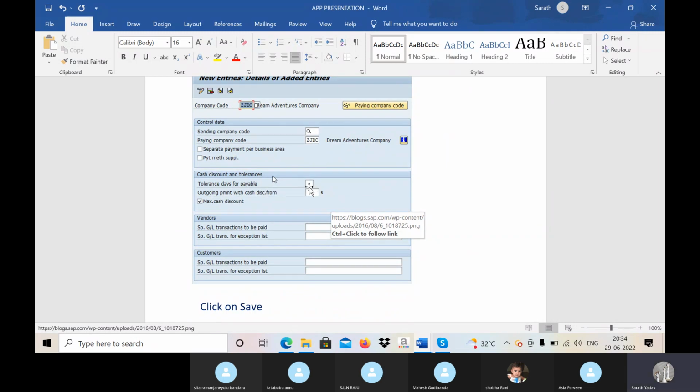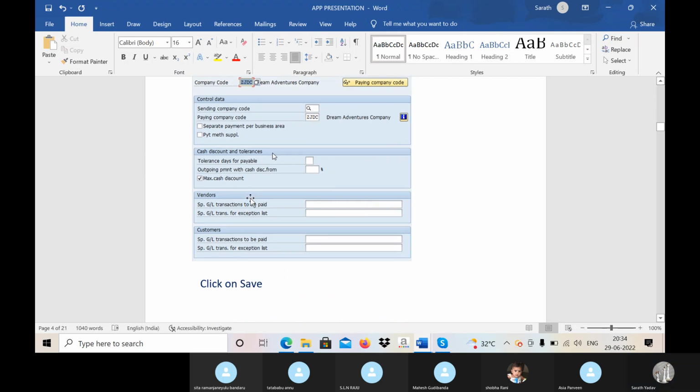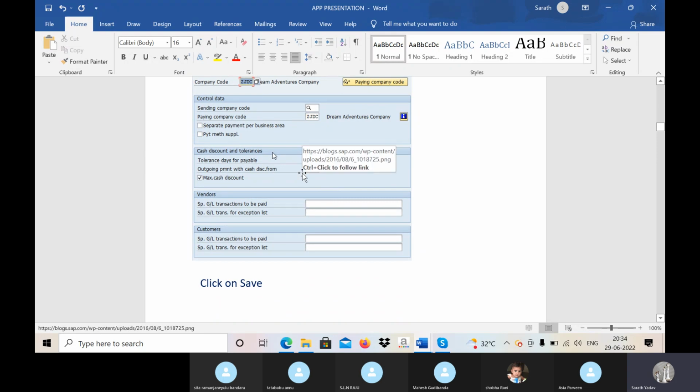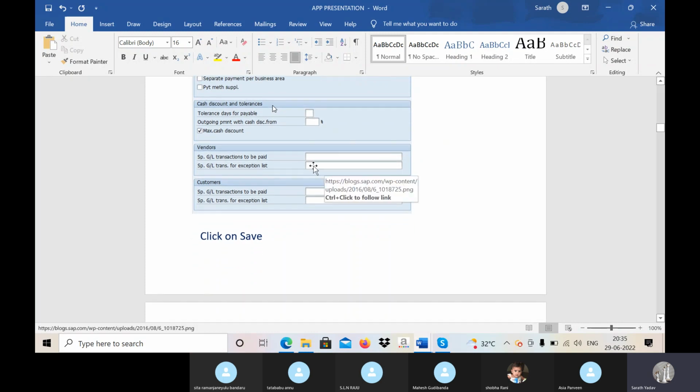After the due date, how many days we have provided in this column, those days will be added to the payment due date. And cash discount is provided, and for maximum cash discount we need to tick the checkbox. Vendors special GL to be paid for down payments and asset down payments and down payment transactions, we need to select over here and click on the save button